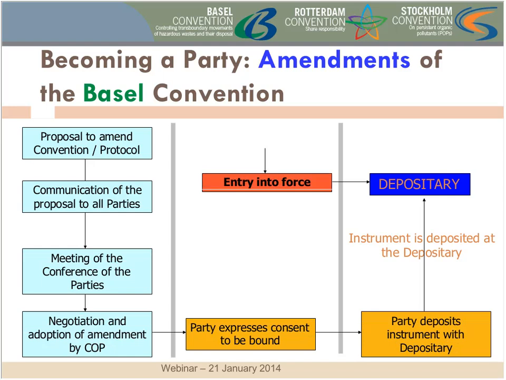There is a requirement under the Basel Convention that amendments of the convention would enter into force only after a certain threshold is met. So once that threshold is met, the amendment enters into force, and any parties who are new parties after entry into force are bound by the convention as amended, again with this proviso of expressing a different intention.